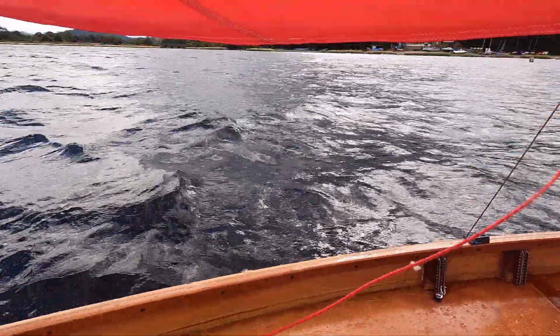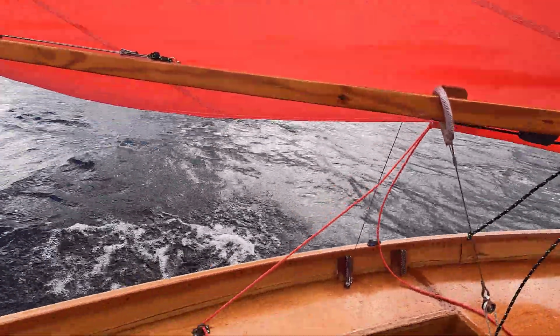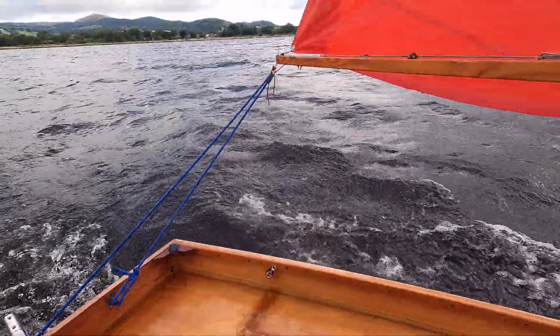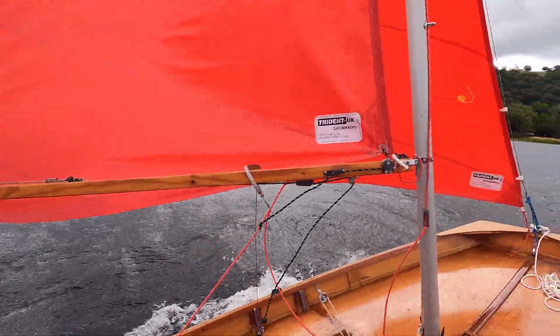The good thing about this boat is, I don't know, the jib's not supposed to be that powerful, but if you don't have the jib up, it definitely kills a lot of the speed of the boat. I'm going to do a few little circuits around here and just